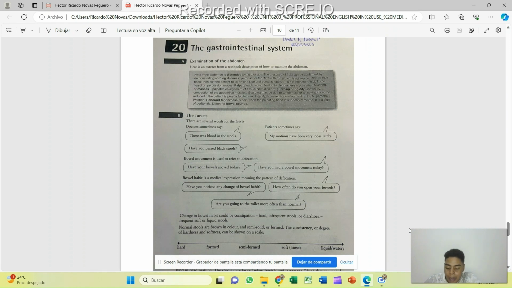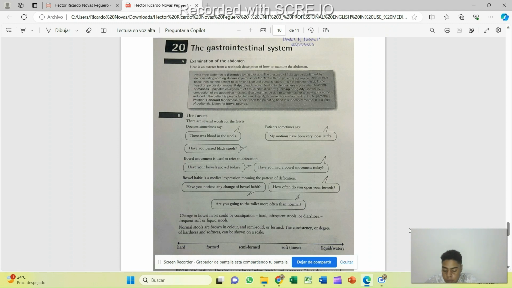Palpable enlargement of tissue. Note also any guarding, shown by contraction of the abdominal muscles. Guarding may be due to tenderness